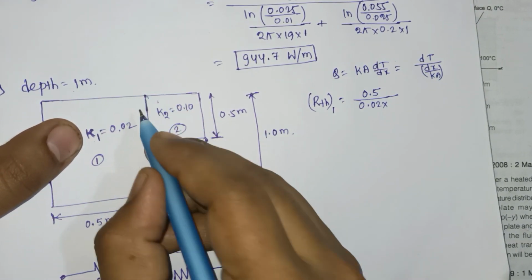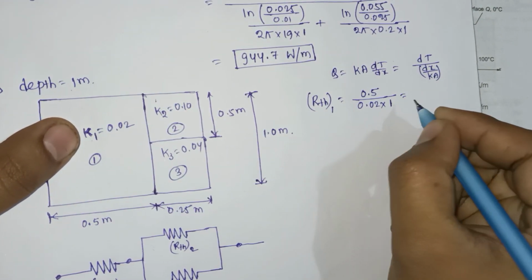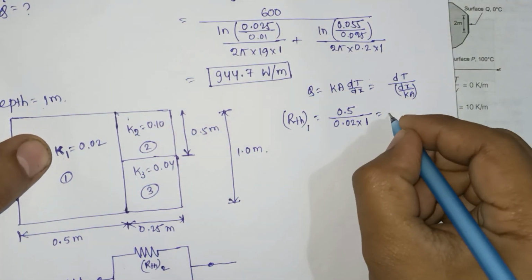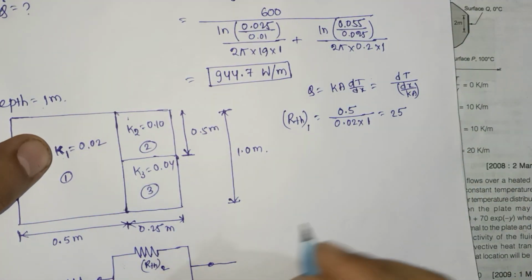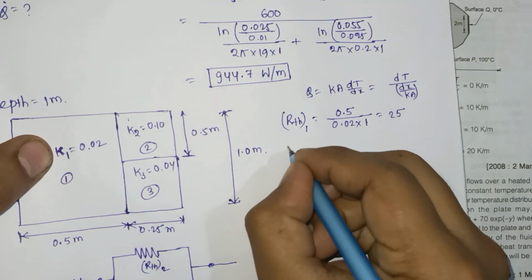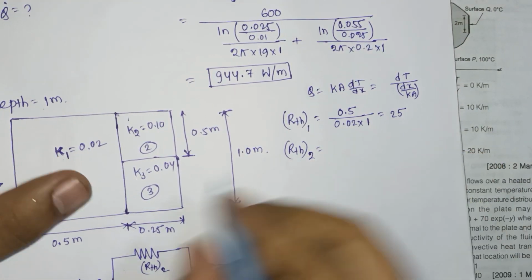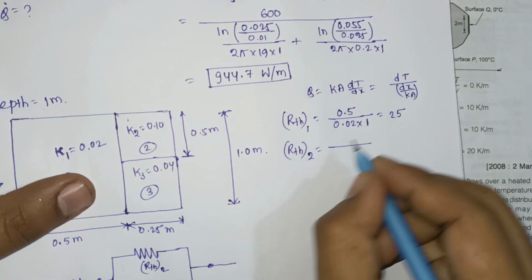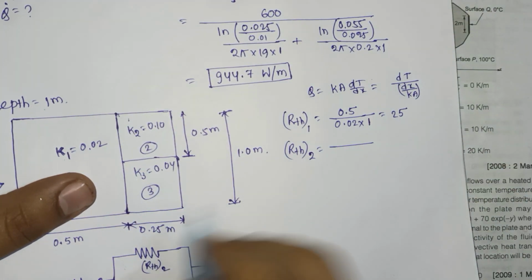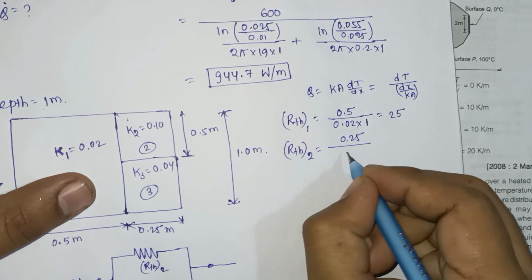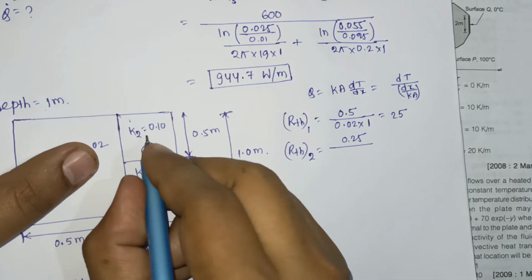If you calculate the value, that is 25. Okay, RTH2, that is dx by ka, dx that is 0.25 by k2,